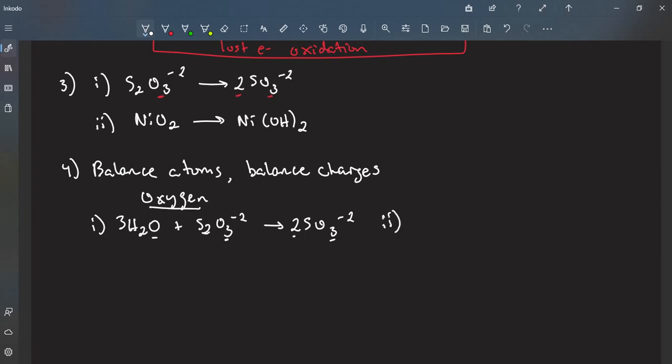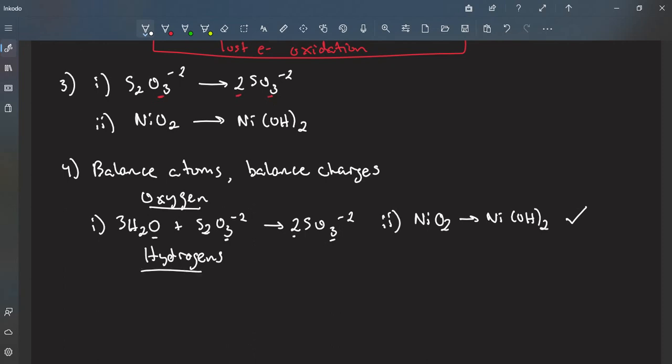Now, just off to the right over here, I'm going to balance oxygens for our other half reaction. In this case, I'm just going to rewrite it because as I write it, we can count the number of oxygens. There are 2 on the left-hand side, and on the right-hand side there are also 2. So this is already balanced, and there is no need to balance oxygens on this half reaction. Okay, so balancing oxygens is completed. We're now going to balance